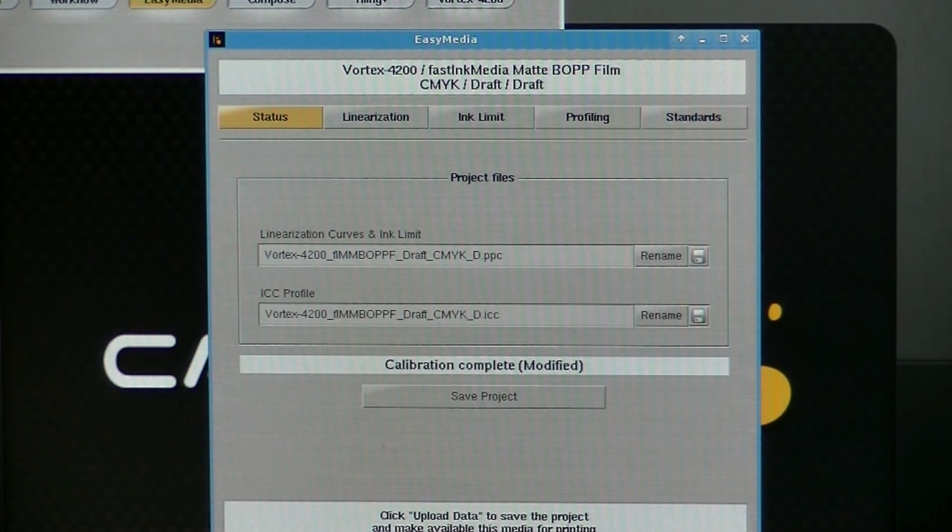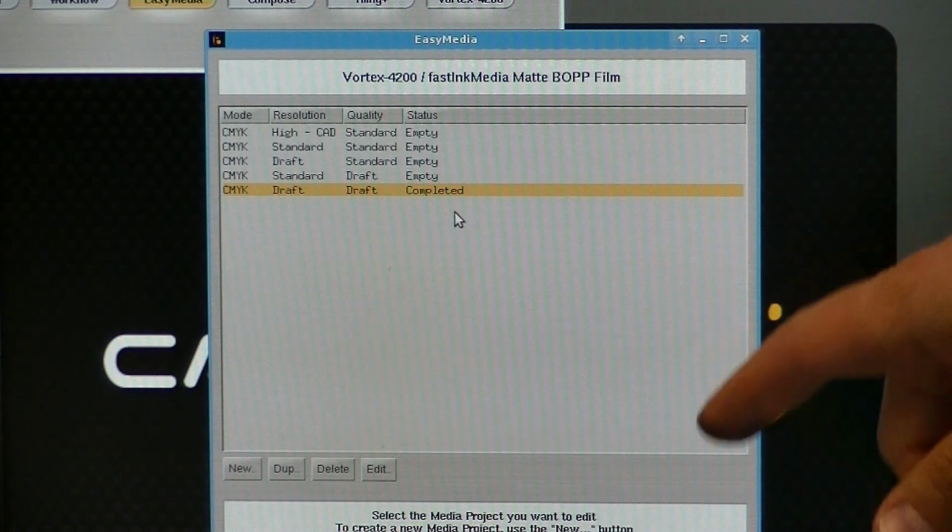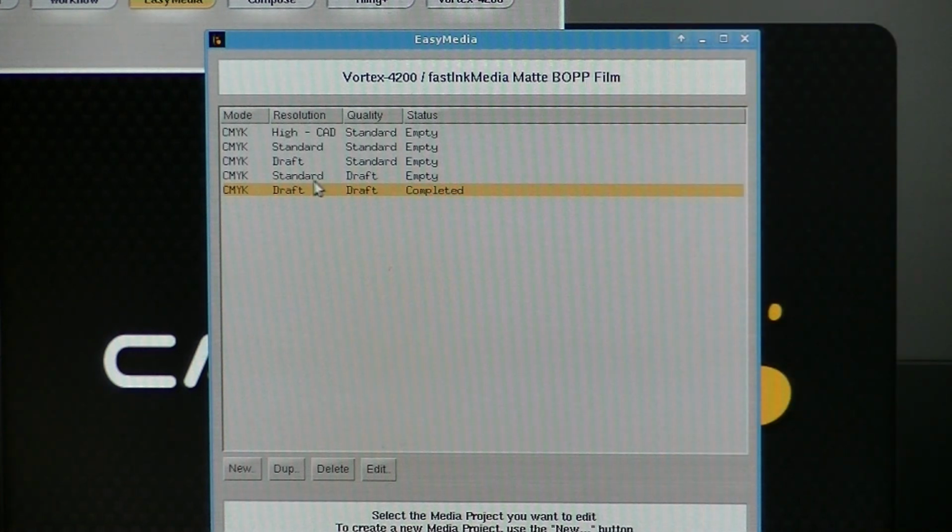For us, we're not going to worry about this because we don't have the capability, so we're just going to say next. And now we can say save project. It saves everything that we've loaded, and we can go back to the main menu, and now we can load the next profile for